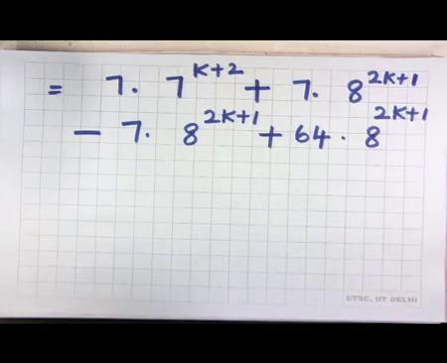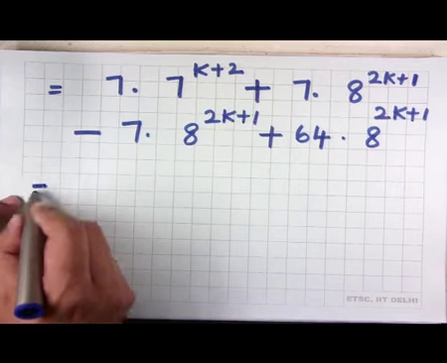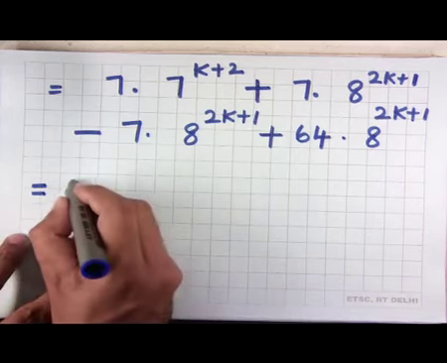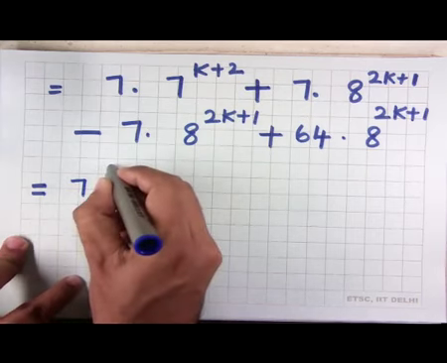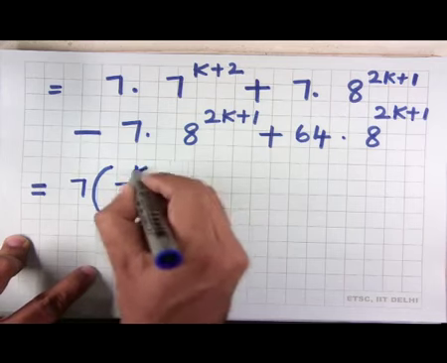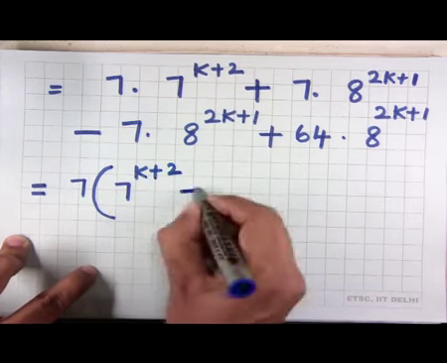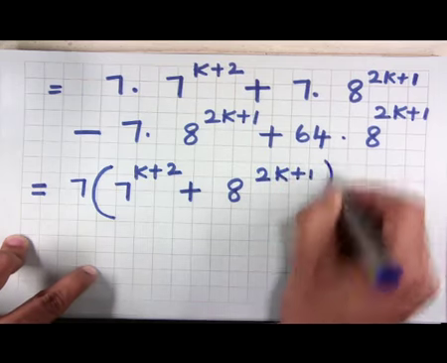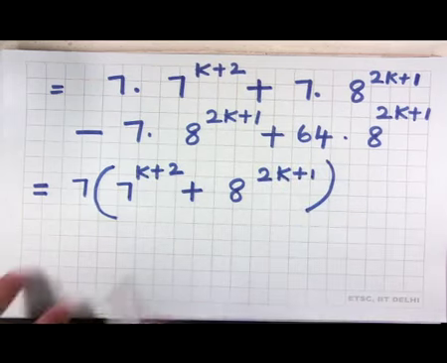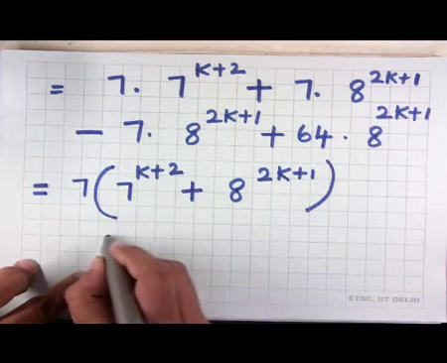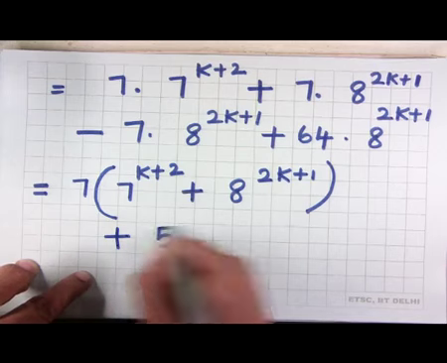I have done this with a special purpose which will be clear in the next step. This is 7, I can take outside from the first two terms. If I do that, I get this. And the third term and fourth term can be combined, and I will get